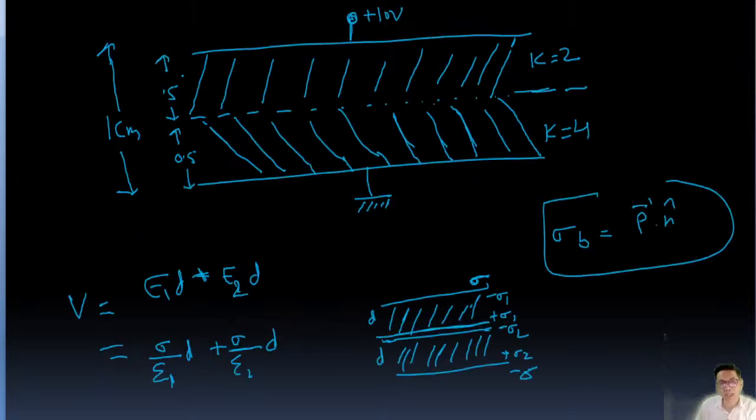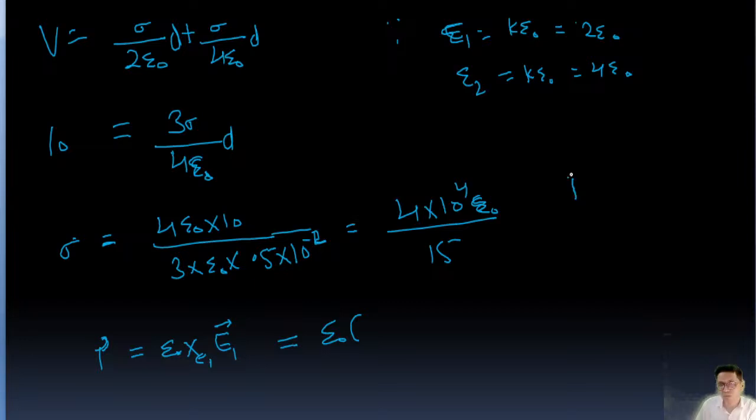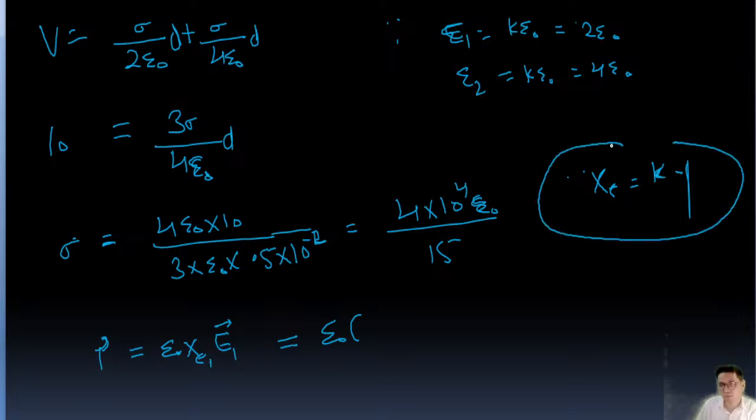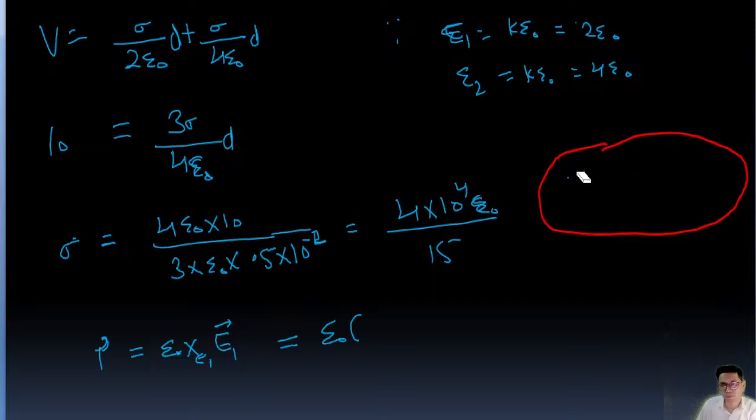So chi equals k minus 1. We know chi e equals k minus 1. This is a very important question, guys. Whatever point I am writing, note it down. Okay, very important. So chi e equals k minus 1, so this value is going to be 2 minus 1, into